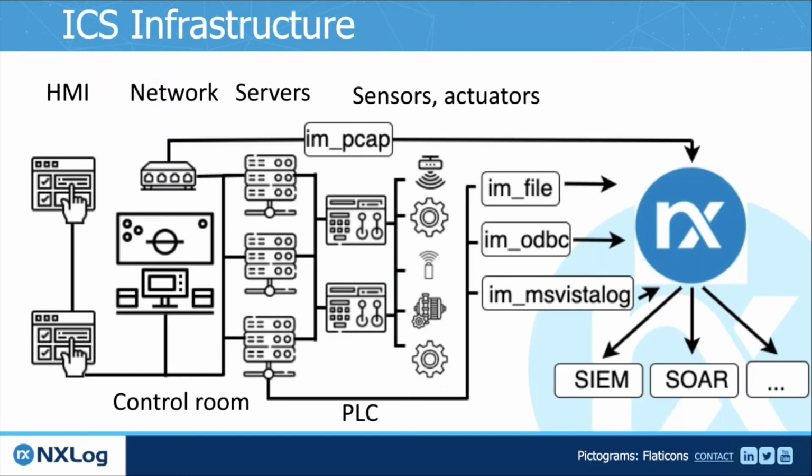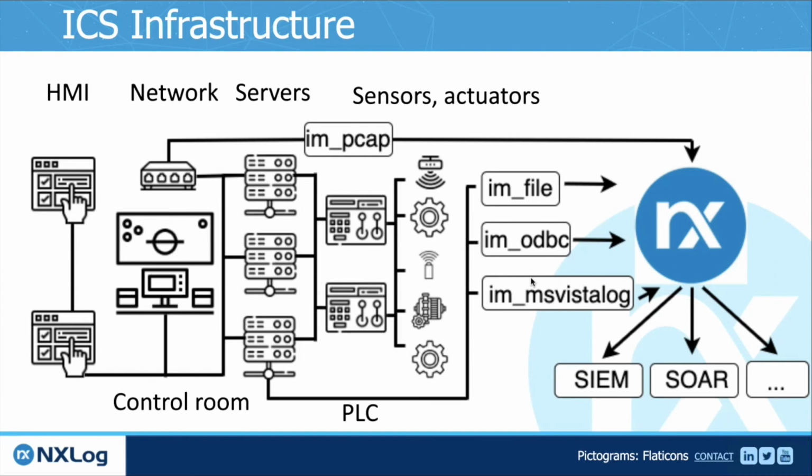Yeah, so right now, let's get back to our architecture scheme and see how we can improve the whole situation. Here we still consider the four major log groups, but we can see that if we plug into the servers, we get information from the files from different parts of the software, and this is implemented in the im_file module of NXLog. We get data from ODBC, so this means that we directly catch everything we want from databases. We control Windows event log.